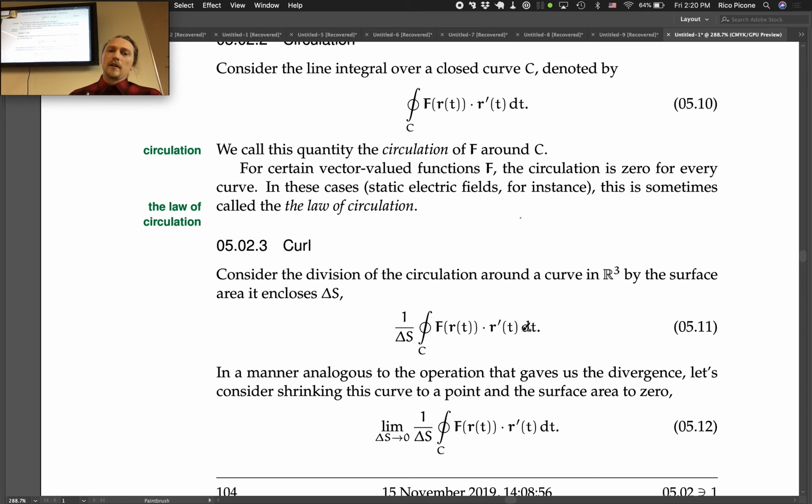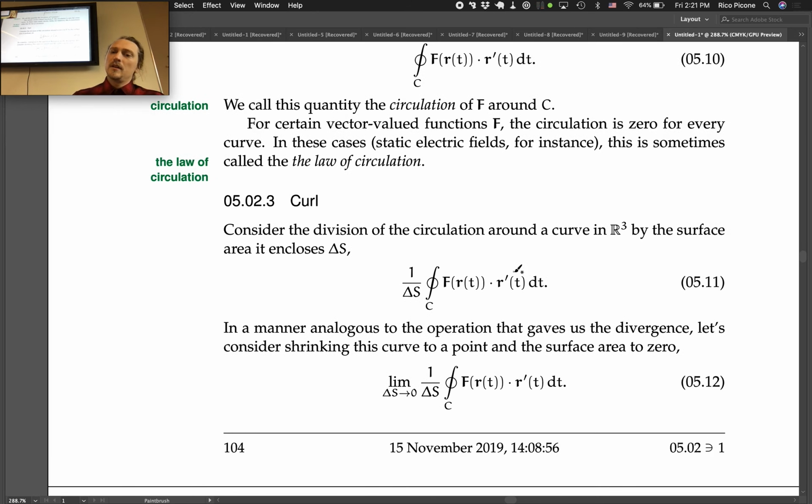Brings us to the curl. Consider the division of the circulation around a curve in R3 by the surface area it encloses, delta S. So if you do a circulation integration and you divide it by the surface area that it encloses, you get expression 5.11. In a manner analogous to the operation that gave us the divergence, let's consider shrinking the curve to a point